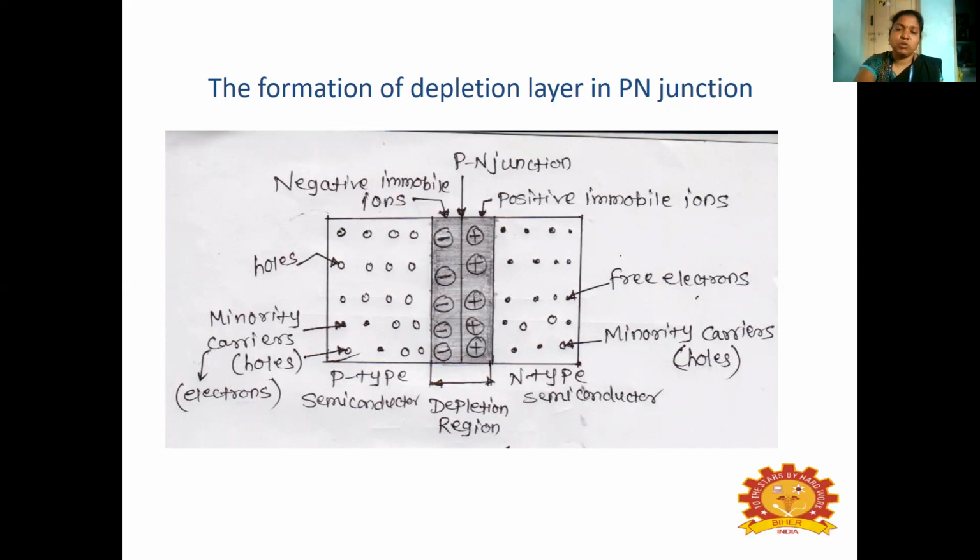You can see there a small circle, everything clearly defined there. That is the minority carrier; what is the majority carrier of both the P-type material and the N-type material? So they have crossed the junction, right, the PN junction. So when they crossed, what happened? There is a formation of immobile ions. You can see negative immobile ions and positive immobile ions, which are formed as a depletion region. So this diagram will clearly show you how the depletion layer in the diode is formed.